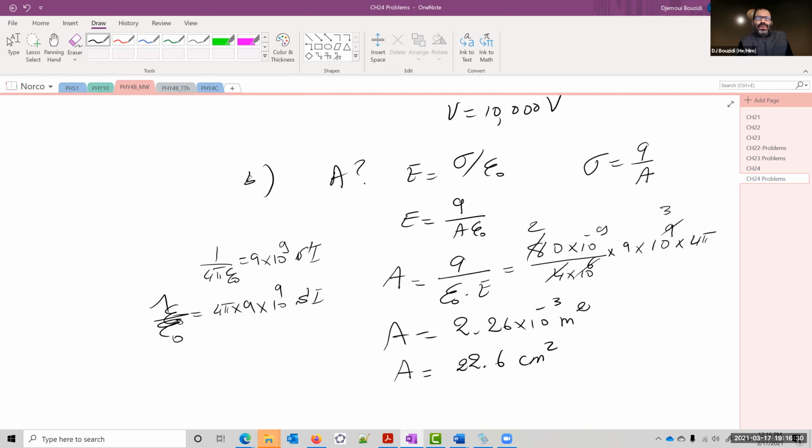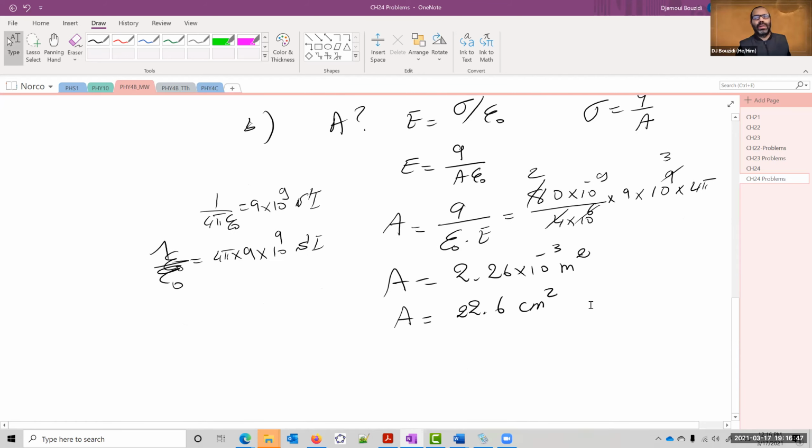So, aluminum foil, how much is it going to be? Is it going to be really that big? It's 22 centimeters squared. So if it's 1 centimeter on one side, it's 20 centimeters on the other side. If it's 3 centimeters on one side, 7 centimeters on the other side, and so on. So you can do the square root of this and find the number for it. So it's going to be a little over 4, less than 5 centimeters side by side.